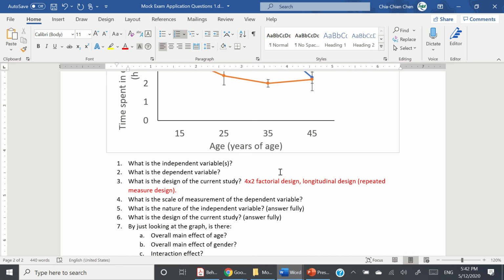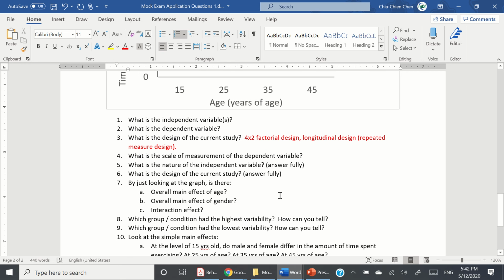Let's see what else. I think number three and number six are just duplicates, so we can just skip that. We answered that already. Number seven, by just looking at the graph, is there